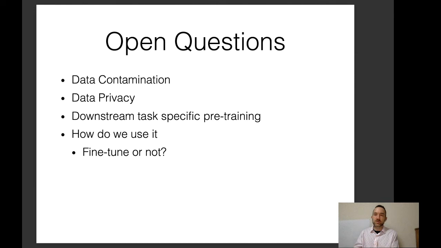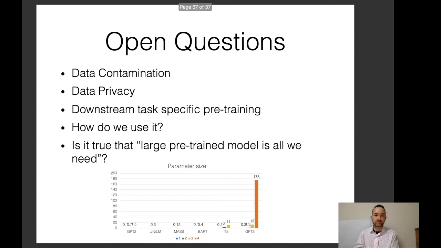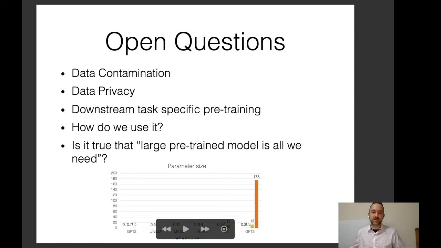And how do we use it? Should we be fine-tuning all of our models, or with sufficiently large and powerful models, do we not need fine-tuning, like what was suggested by GPT-3? And also, is it true that a large pre-trained model is all we need? There are arguments that if you're just training on text, you're never going to learn about, for example, the world, or the association with images and other things like this. This is an area of very interesting and active research. So that's all I have for today, and I'm looking forward to discussing more about this very timely